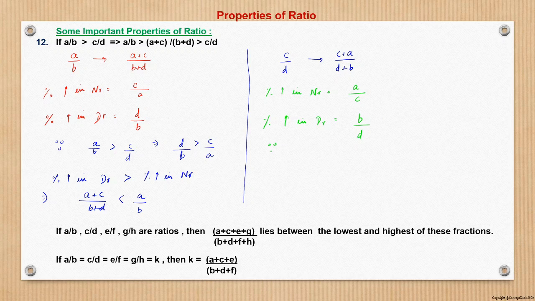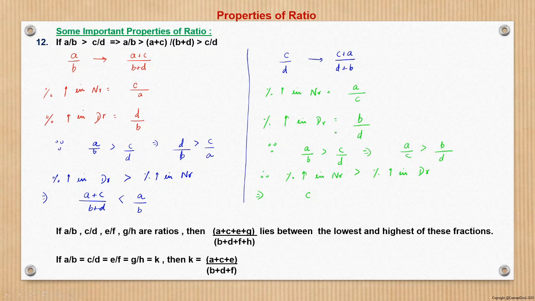And since we know that a by b is greater than c by d, we can rearrange this to write a by c will be greater than b by d, and a by c is the percentage increase in numerator. So therefore from this we can say that the percentage increase in numerator is greater than the percentage increase in denominator. So this means that when the percentage increase in the numerator is more than the percentage increase in denominator